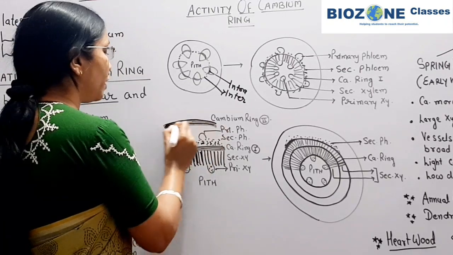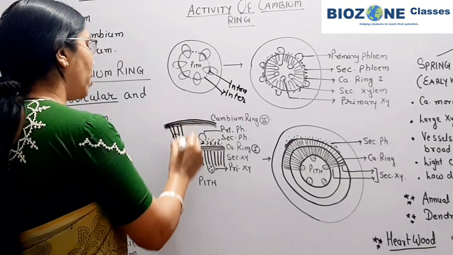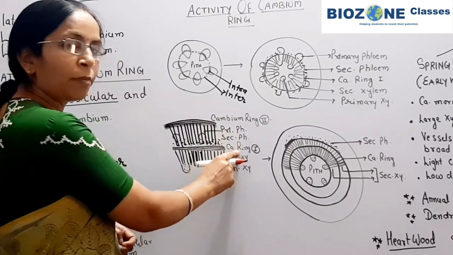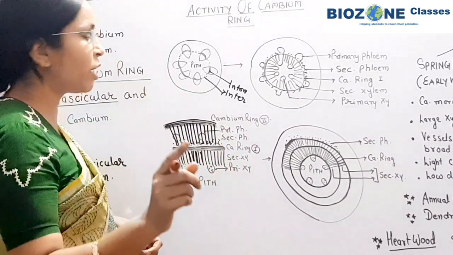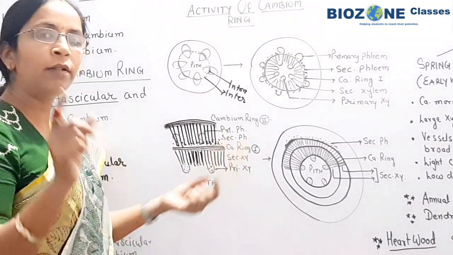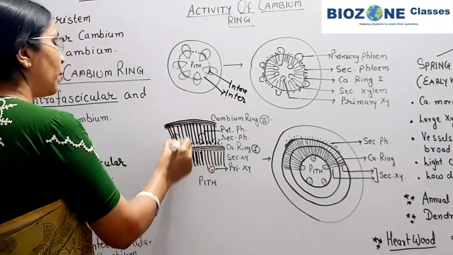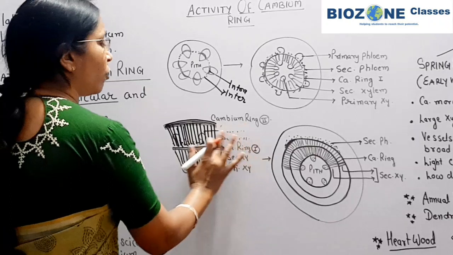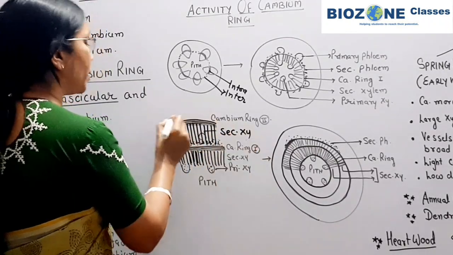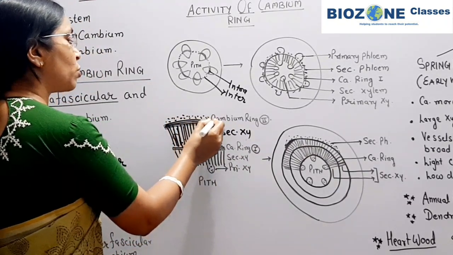Now what is happening when the second cambium ring is formed? Again, this second cambium ring starts to develop secondary xylem towards the center, towards the already present cambium ring. Because of that, you remember, the primary phloem and secondary phloem which are already present get disrupted or broken down. So the primary phloem and secondary phloem are lost from here, and here again the secondary xylem is present, and a small amount of secondary phloem is present towards the outer surface of the cambium ring.